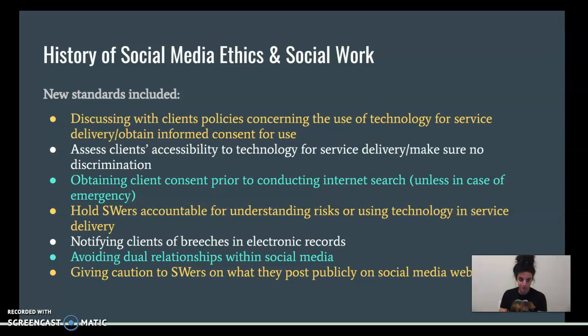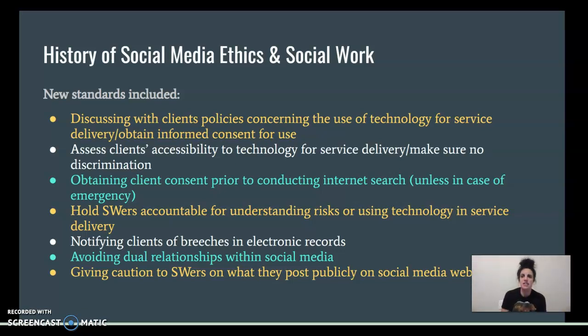And so having the hotspots to be able to have a client go down and fill out an application, I mean, there's a whole host of issues with that. But we need to make sure that we're knowing our clients' technology literacy as well, if they're able to know what a username is, what a password is. It's part of our responsibility now.